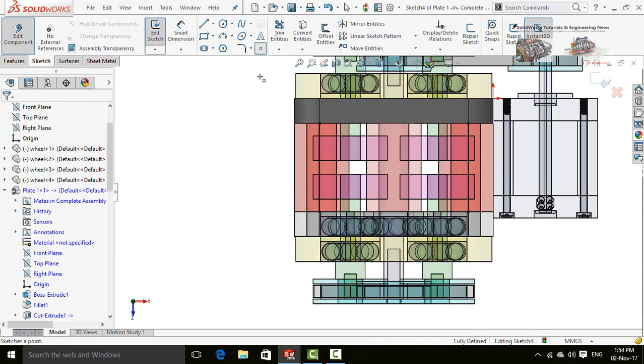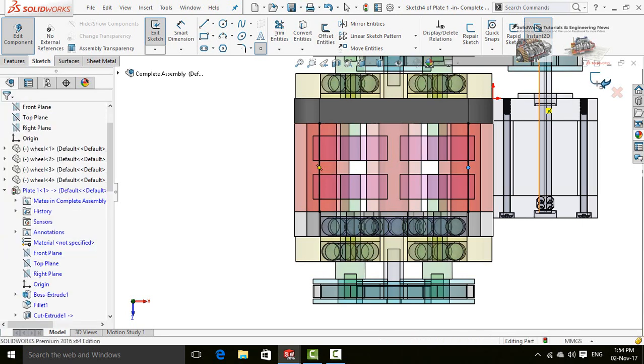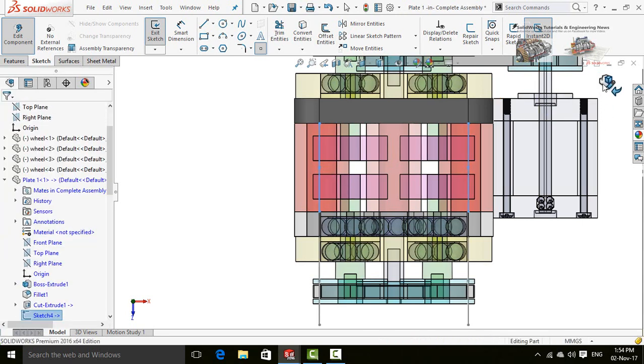Now select point and place them in the mid of both of these lines. So these points are the component vertex for conveyor trolley. Save and exit from sketch. Again press this button.